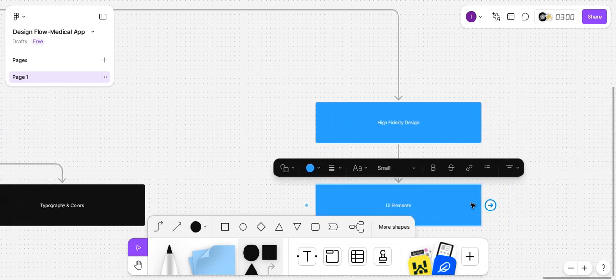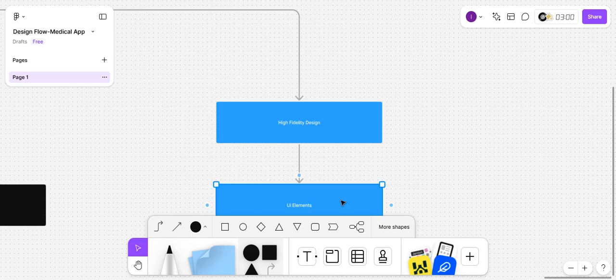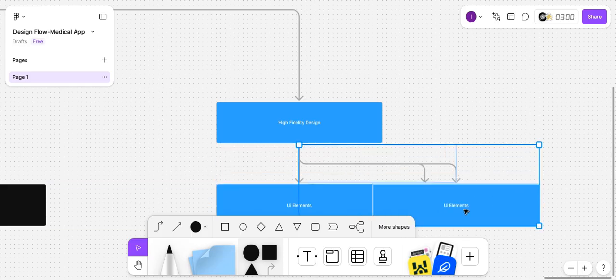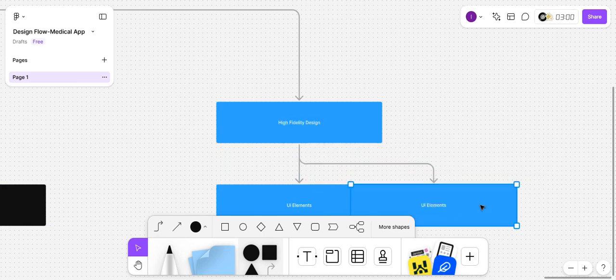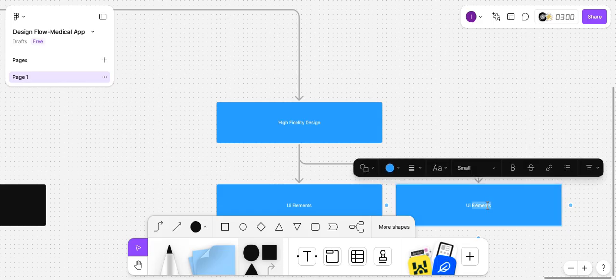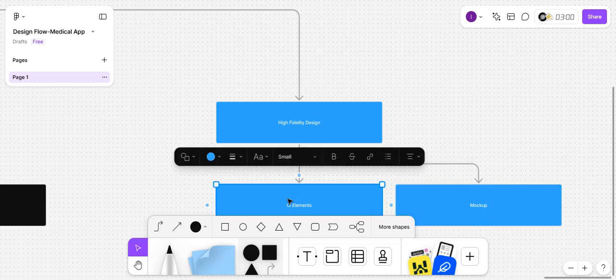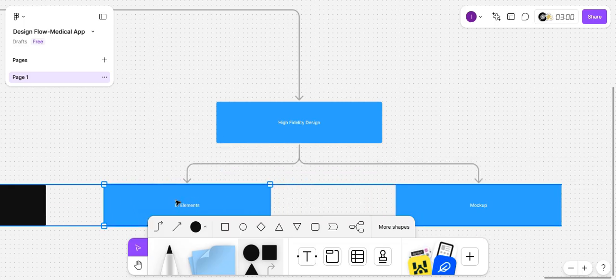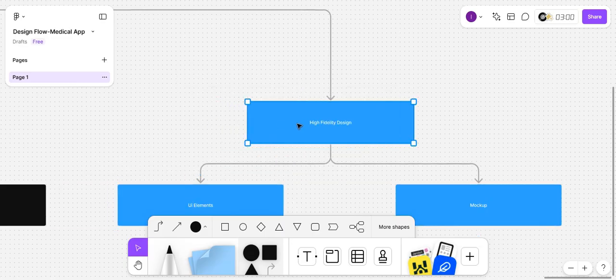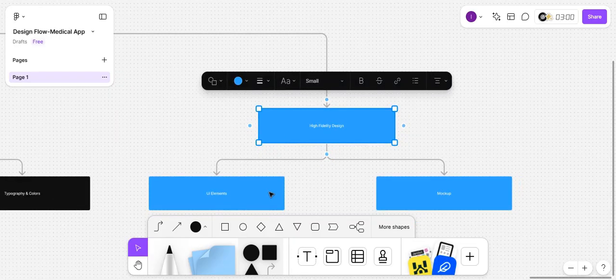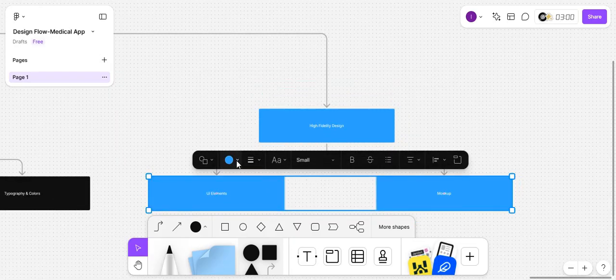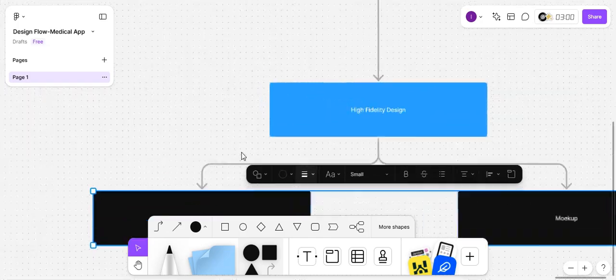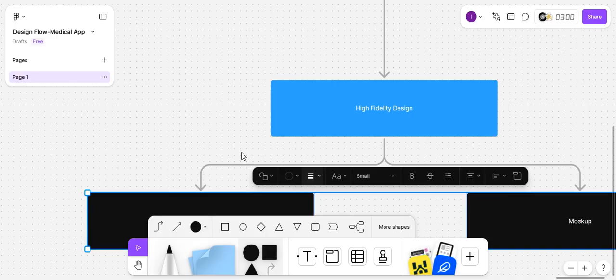So here also we're looking at the mockup screen. So you select that, Alt key, and drag to the right. I'll be looking at, excuse me, that is double. It's going to be the mockup scripts. Okay, that is what we're going to look at under the high fidelity. Okay, so we select this and drag it to the left, and also move this to the middle. So we now zoom out, select these two, and also make sure the color is black. All right, so we are done with the next stage,